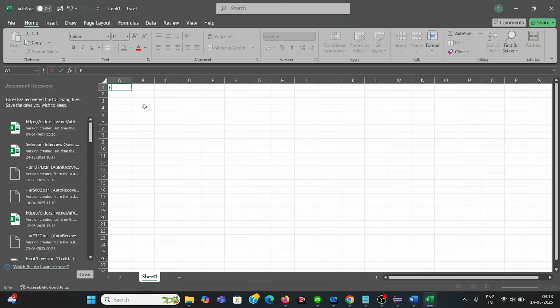First is feature, second is smoke testing, and third is sanity testing.